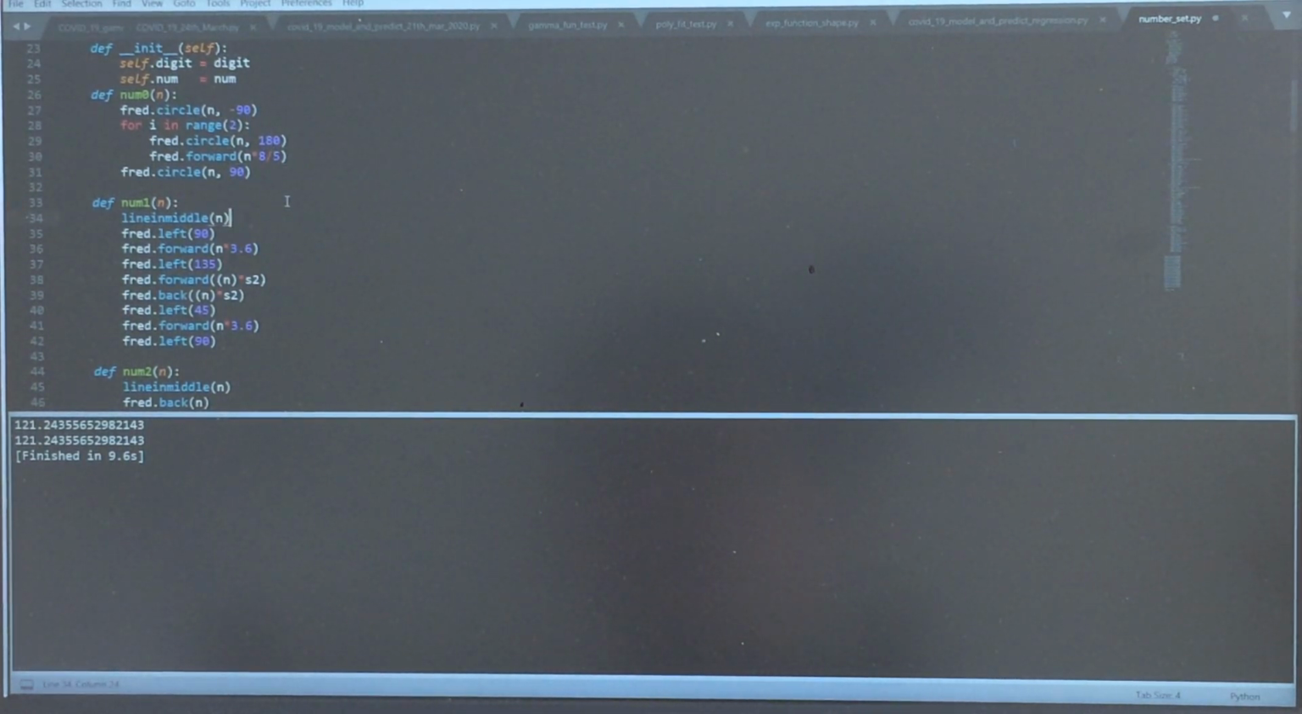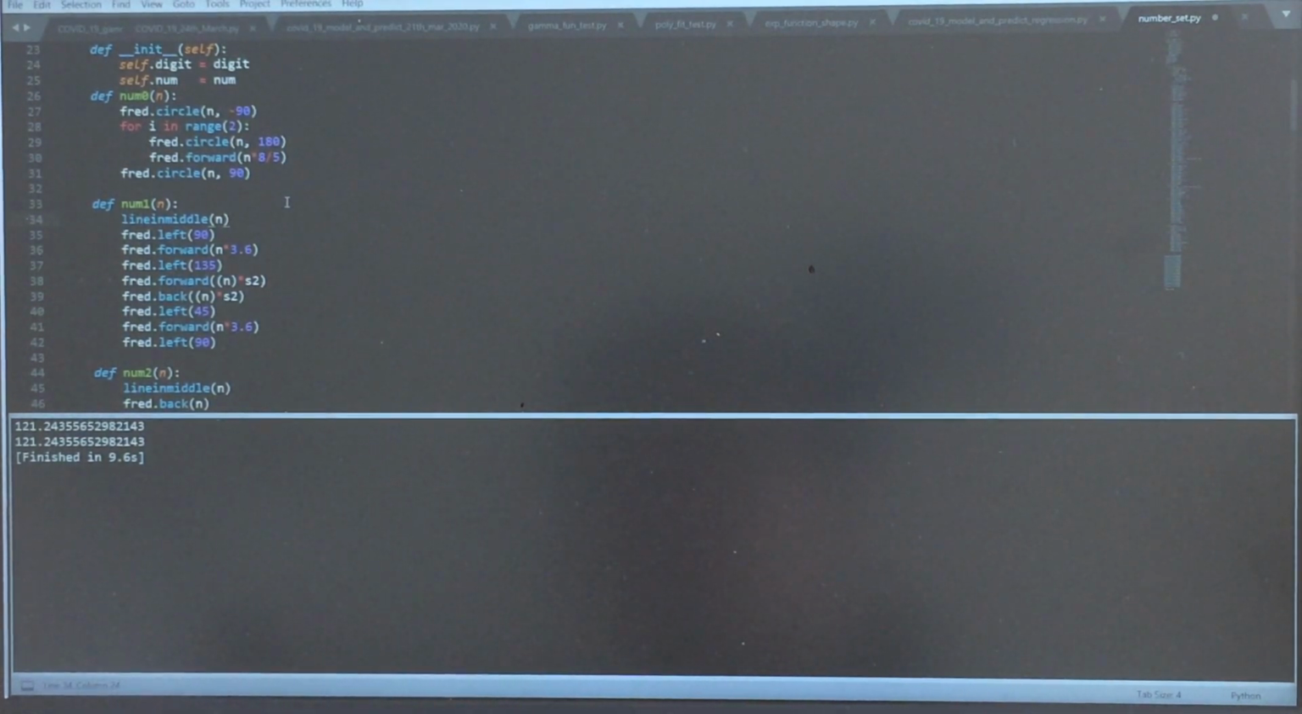Number 1, line in middle. I draw a line and then I'm in the middle. I use that function quite a lot for numbers 1, 2, 4, because it draws a line and then it's still in the middle. And then for number 1,